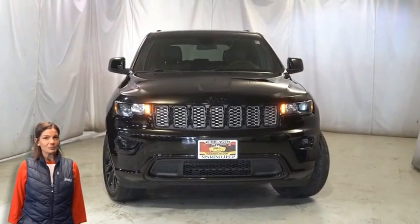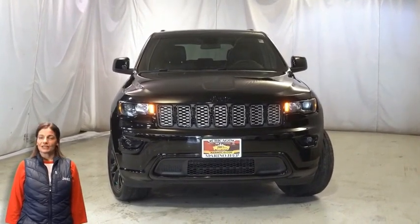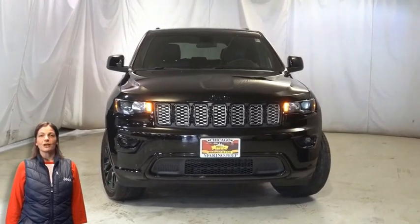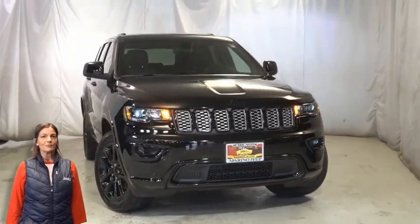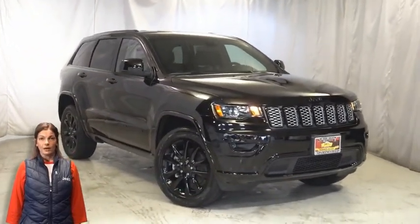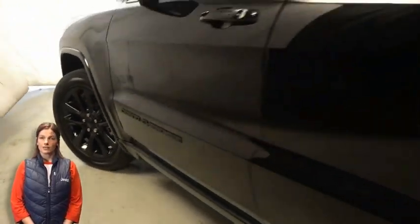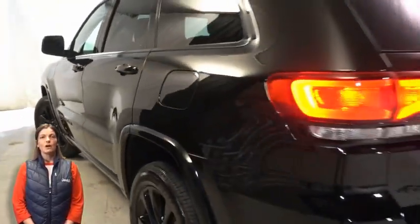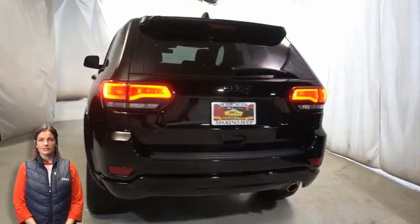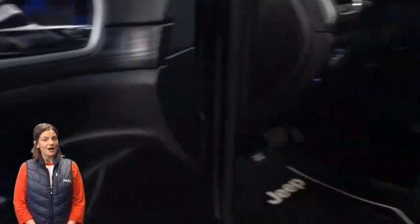Looking for a highly equipped SUV with all the right options and reliability? We'll take a look at this certified pre-owned 2021 Jeep Grand Cherokee Laredo in Diamond Black Crystal Pearl. With dark headlamp bezel finish, premium fog lamps, 20-inch aluminum wheels, gloss black Jeep badging, dark lens tail lamps, heated front seats, heated steering wheel, only 5,000 miles on the odometer,